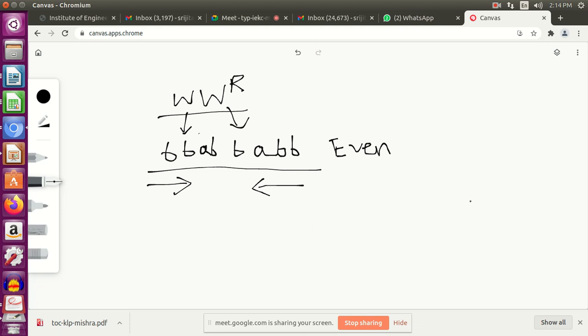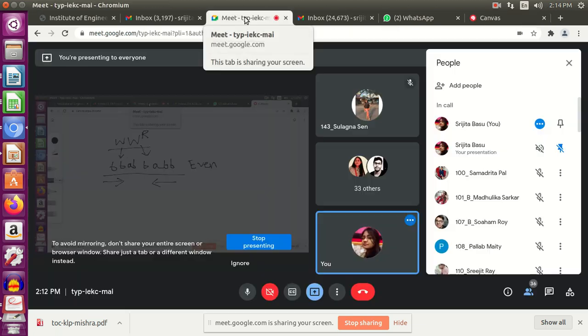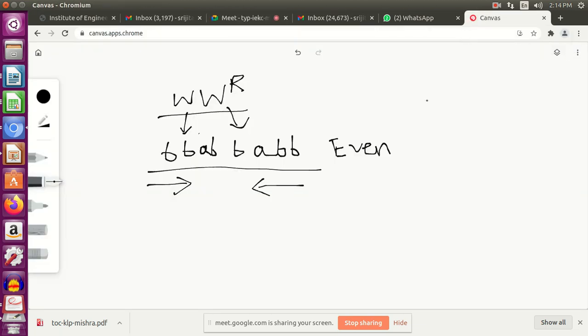Now what about odd length palindrome? Can't we have an odd length palindrome? Obviously we can have, right? So how can we have an odd length palindrome? For all odd length palindromes, we either write w a w to the power r or w b w to the power r. Only a and b is allowed in our alphabet set. So either a will be there in the middle or b will be there in the middle, right? So let's again take the same example.